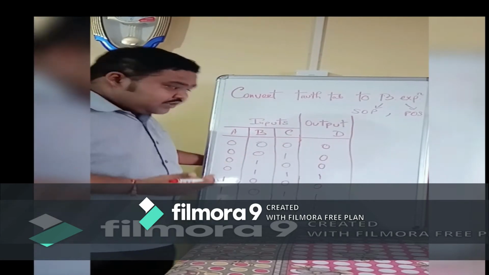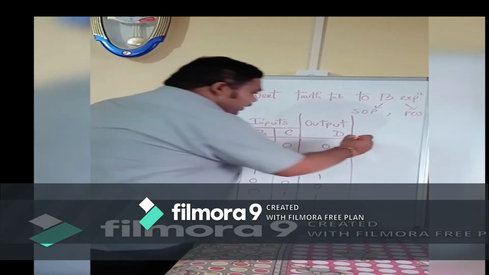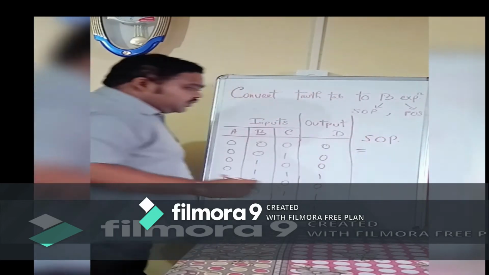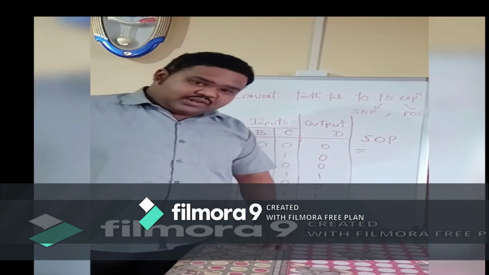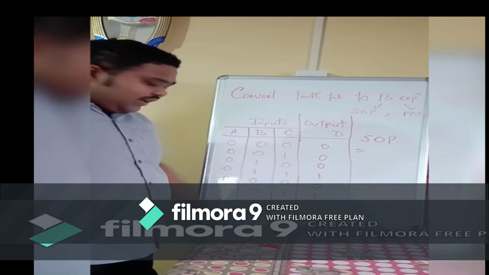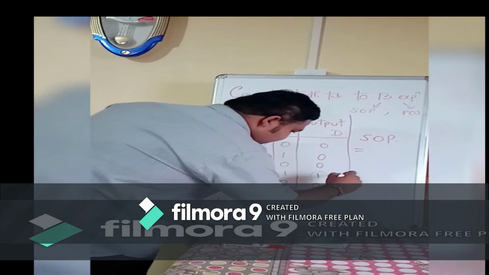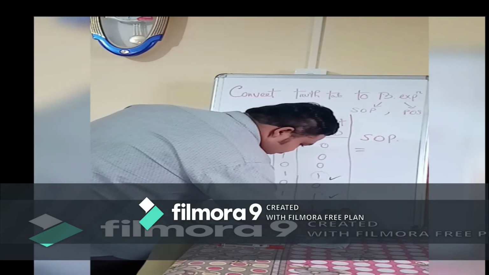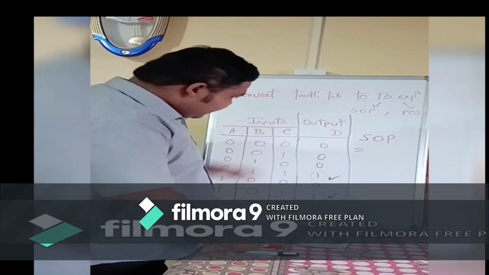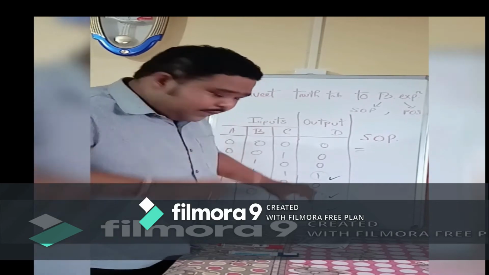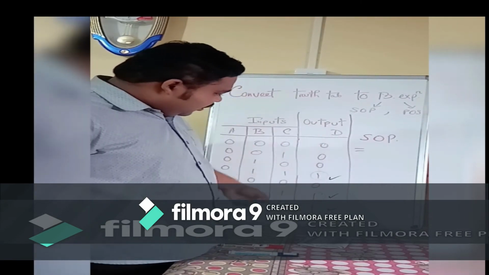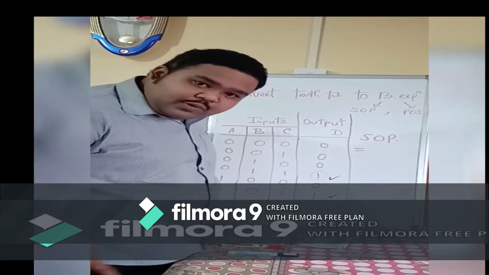So first we are dealing with SOP. What is the SOP from this? Just recall what SOP was. Sum of products. Right? For sum of products, what will you be doing? You will be searching for 1 in the output section. For these ones, you will be getting the SOP, that is sum of products. For sum of products, what is the main aim? The main aim is to search for the ones in the output section.